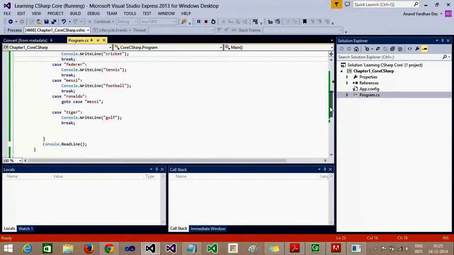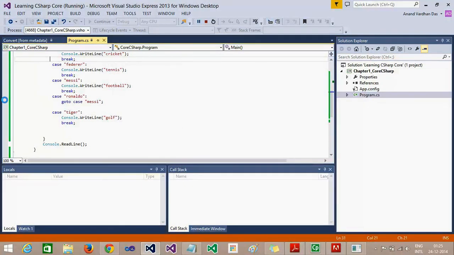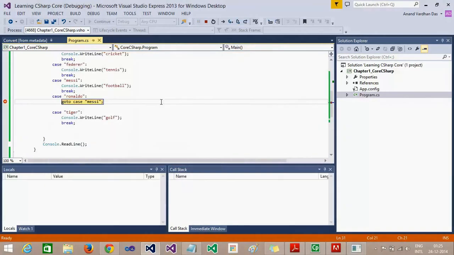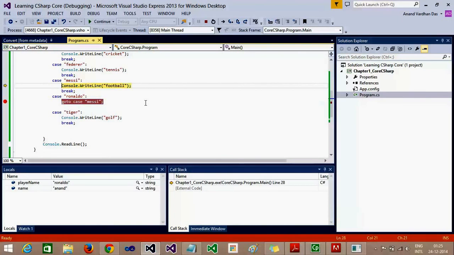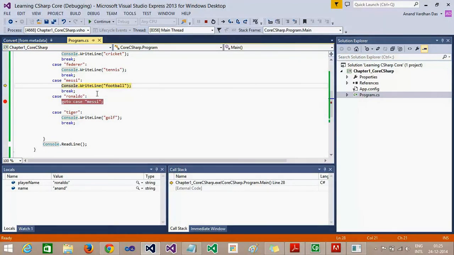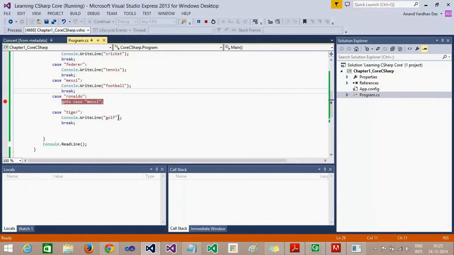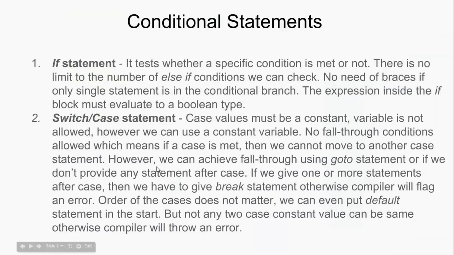If you put a breakpoint here in the case of Ronaldo and enter Ronaldo, the control comes here, and if I press F10 you can see control moves to the case of Messi and runs that statement, football. If we press F5, it prints football.